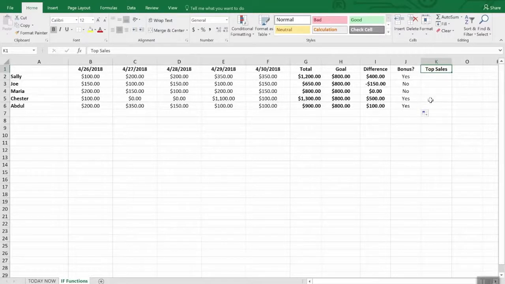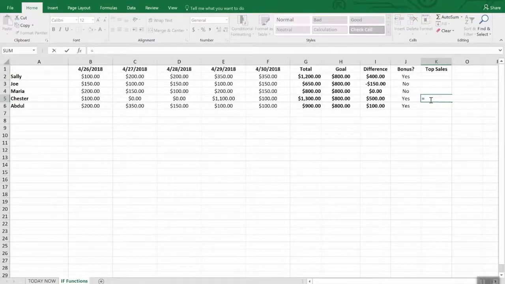We already know that Chester's our winner, so as not to make things anticlimactic, we'll go ahead and build our first formula around him. So bear with me because we've got to type a little bit. So the formula is IF AND, then we're going to say, again, we're using the difference column, I5 for Chester is greater than Sally's, I2, is greater than Joe's, I3, is greater than Maria's,